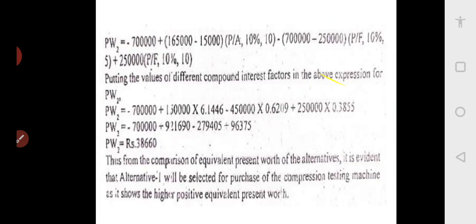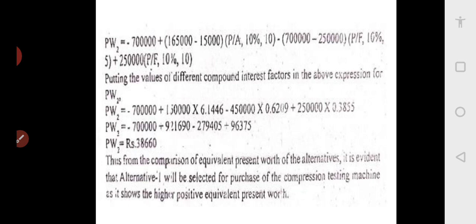for 10 years life. So again, simplifying this, present worth of 2 is equal to minus 7 lakhs plus, in bracket, this is 1,65,000 minus 15,000, revenue minus expenditure per year. The common is P bar A, every year I am getting, 10%, 10 years. Okay, minus, now again this 7 lakhs minus 2,50,000. 7 lakhs means I am going to buy the equipment after 5 years, that I have shown as 7 lakhs, minus this plus 2,50,000 is the salvage value what I am going to get after 5 years, that I have shown. Minus it becomes plus, means 2,50,000 rupees.